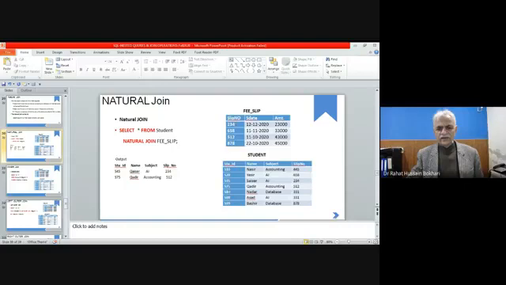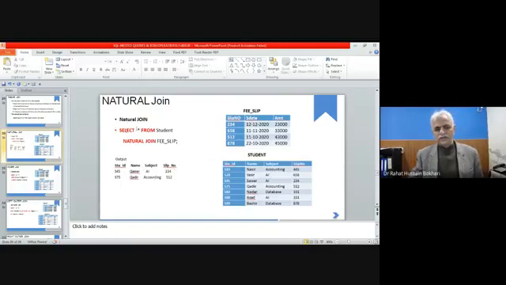and 512. The 512 and 234, these two slips have the equal value. This is the common column between the two, the slip number, and within these two columns the only values that are equal are 234, here and also in the second table, student, and 512 here in the fee slip and 512 here. So when you get that, only two values should be returned. So the output should be this one.